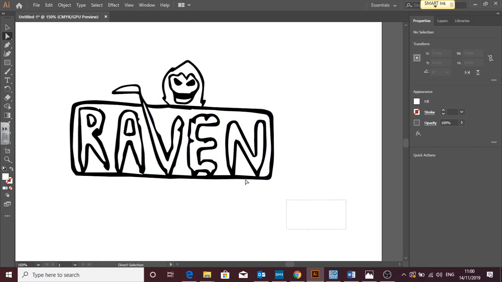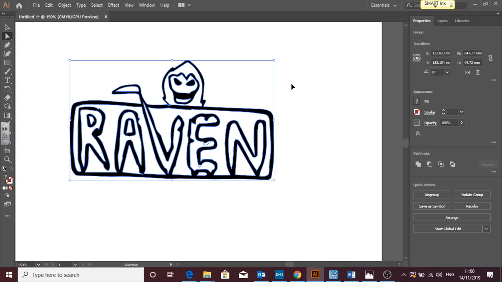So next step would be you copy this image, so you can press Control A, selects everything, and Control C is a shortcut for copy. Take this image into Photoshop,